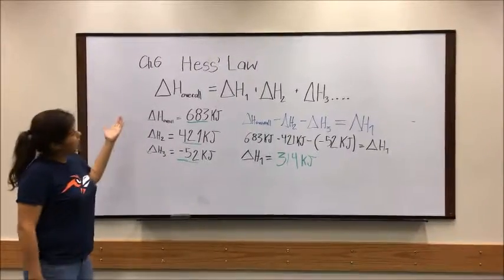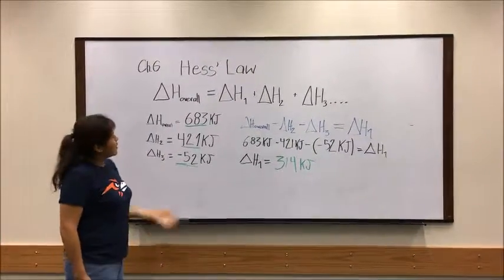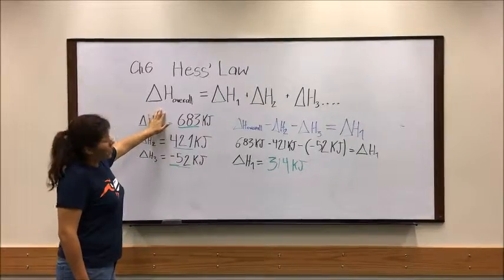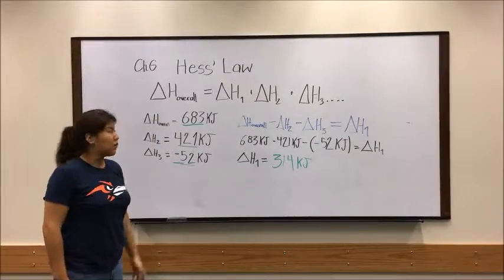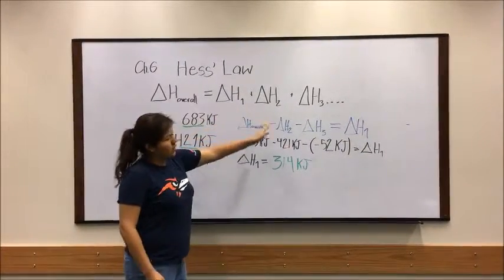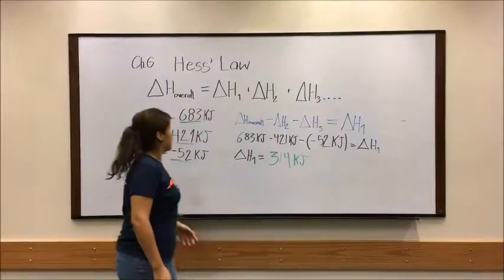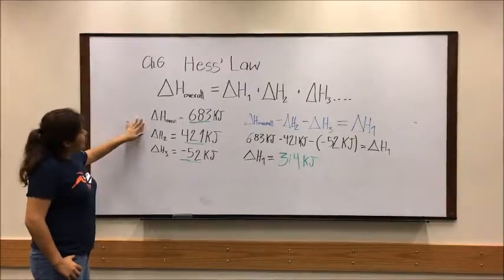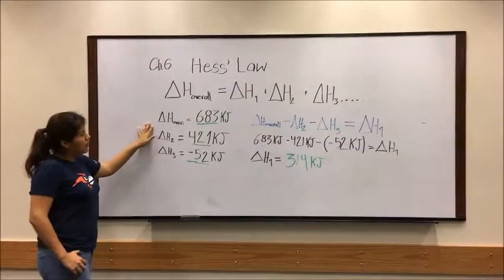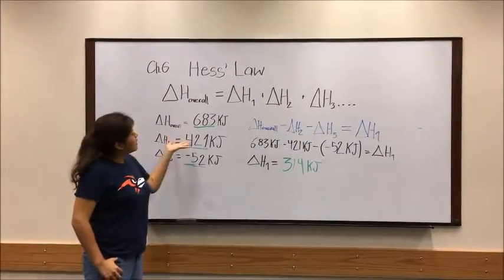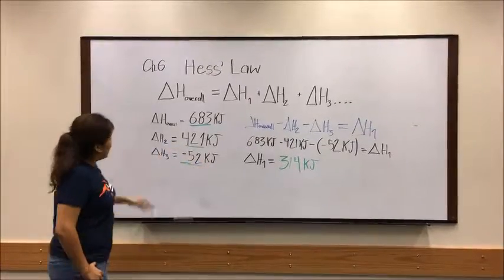In chapter 6, we learn about Hess's law. Hess's law states that the overall enthalpy of a series of equations equals the sum of each individual equation: enthalpy 1, 2, 3, and we can have many more. For example, if we know that the overall enthalpy of a series of reactions is 683 kilojoules, and that enthalpy